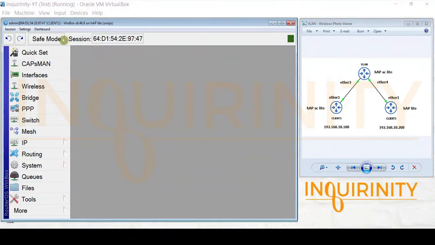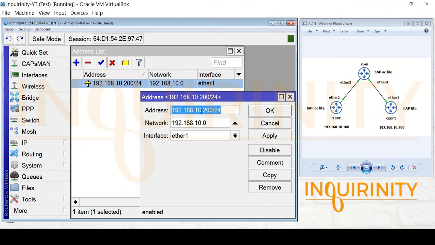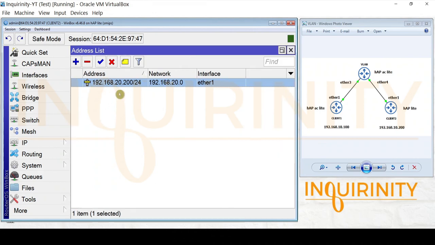So we are now at our client 2 hoplite device. Let us quickly change the IP address. So instead of 10, let's make it 20. So our network will not be this one. So let's click apply, let's click OK. Take note, the network address is that one. So click OK. The change of IP is needed because we now need to test if we could reach